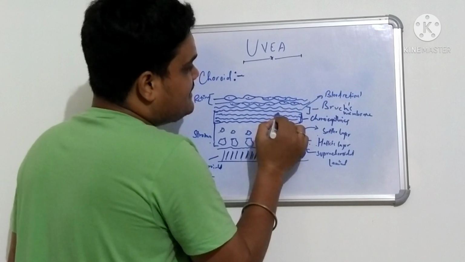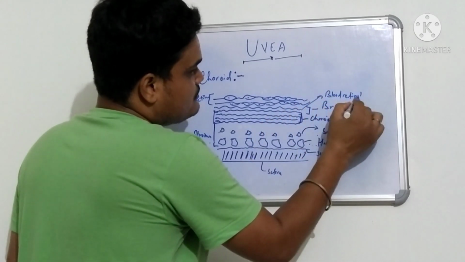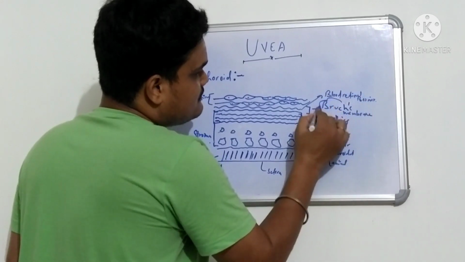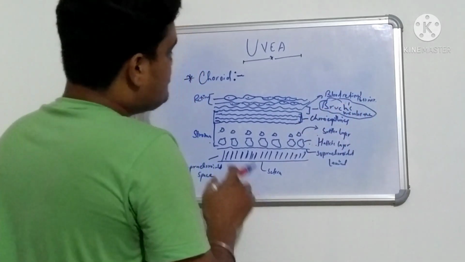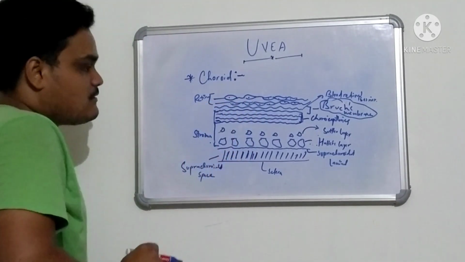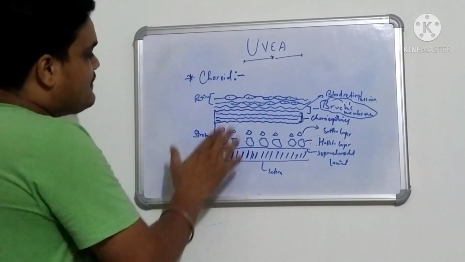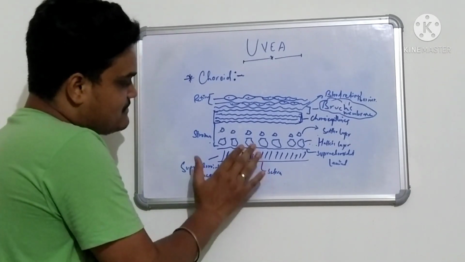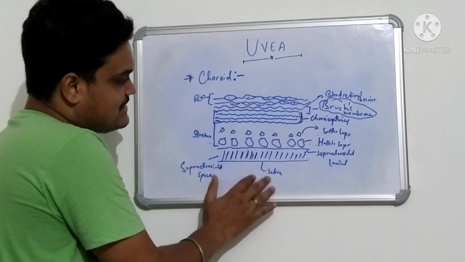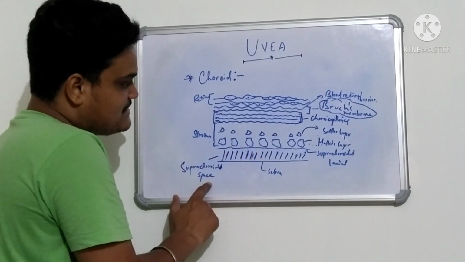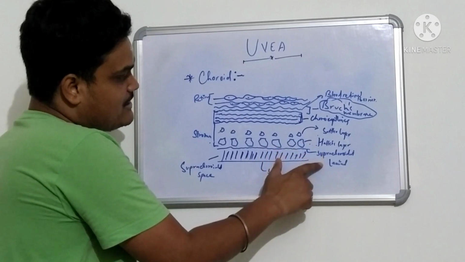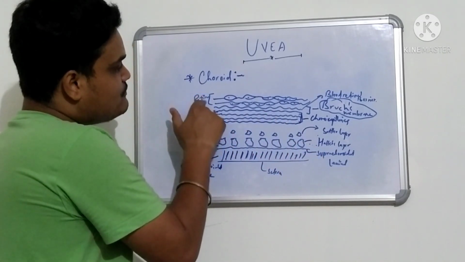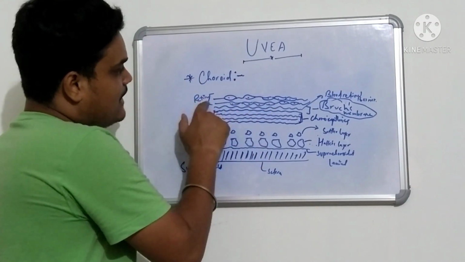So this blood retinal barrier is possessed by this Bruch's membrane. Bruch's membrane will separate the retina from the choroid. So this is the macroscopic structure of the choroid, where we have the sclera. After that, there is a separation between the sclera and the choroid by the suprachoroidal space. Then the first layer of the choroid is the suprachoroidal lamina, then the choroidal stroma, then we have the choriocapillaries, which are separated by Bruch's membrane, and this is the retina.